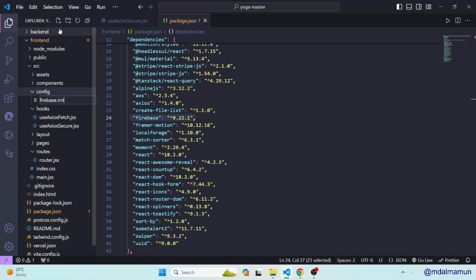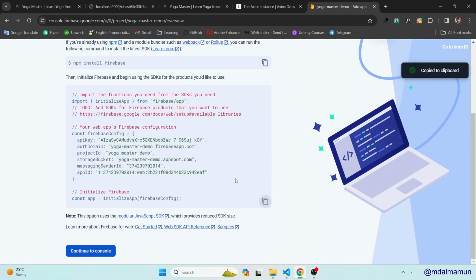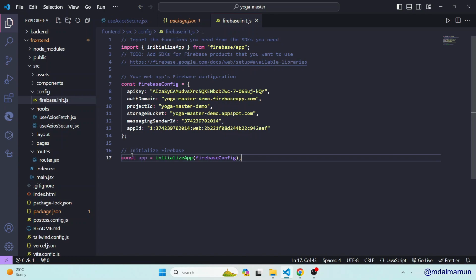In this config folder we'll create a config file, that would be firebase.init.js. You can define this type of name, or you can define any name here. It's not mandatory to use a specific one. So I'm just defining firebase.init.js, and here we can simply copy this code and paste it here, and at the end we can simply